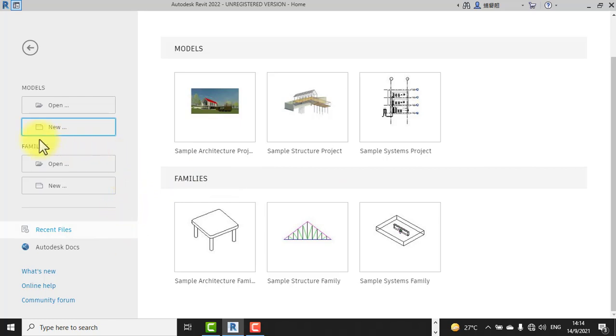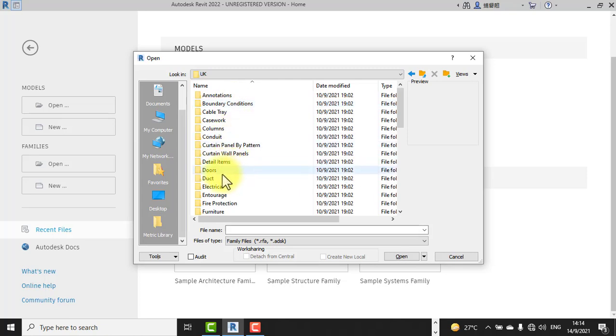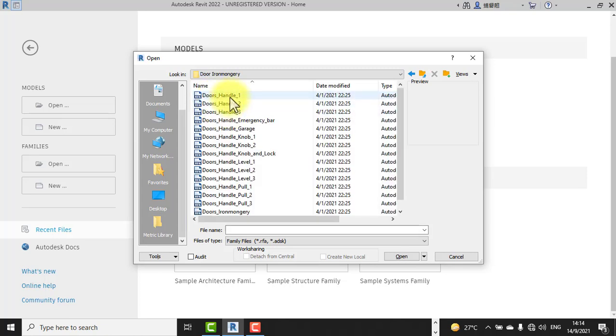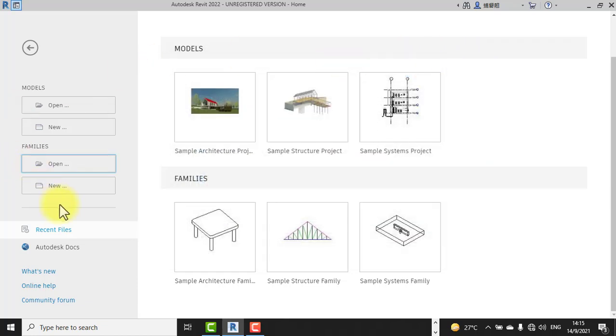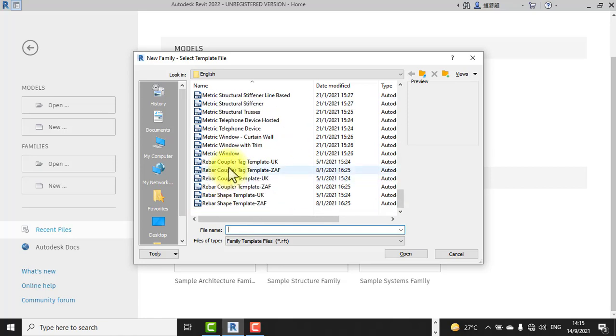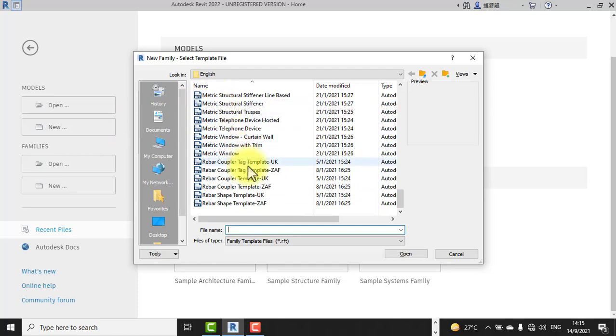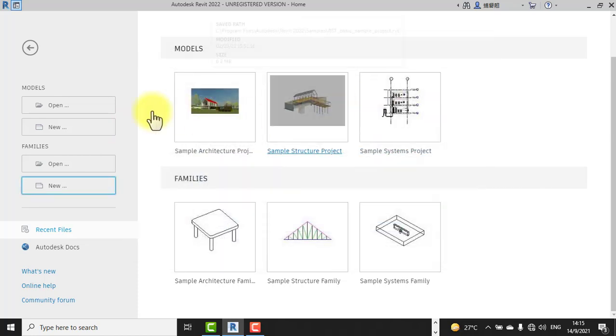Same applies here. You want to open a family project. You go to open, you browse for your families. You browse for your family, your doors, whatever family component you want to open. On new, you start a new family project. There are these templates you can start from, which are already there in Revit. We will look into more detail as we go forward on this. Yes. So next, I want to take you through the main